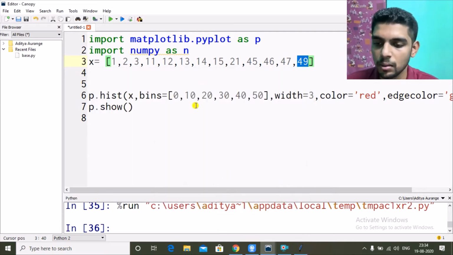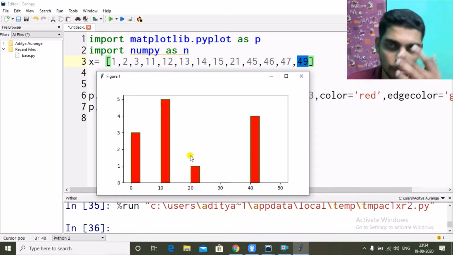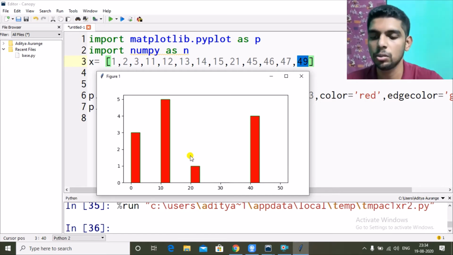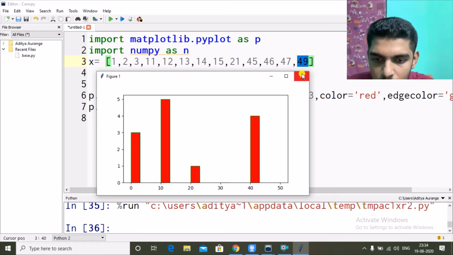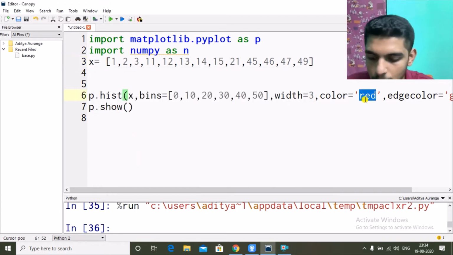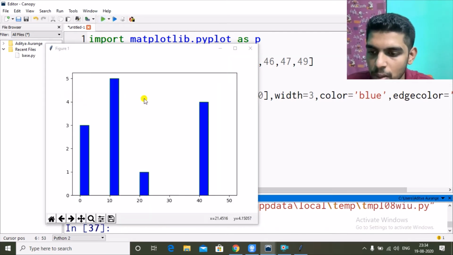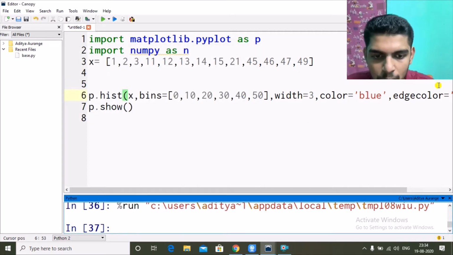And what is a frequency polygon? It is similar, but in a frequency polygon we only see the shape of this complete histogram. Nothing inside, only the shape, the outer lining. So here edge color is red. If you can't see, let me make the internal color blue and edge color green. Let's see if you can still see the green. I can see the green, maybe, but I don't know whether you can see or not.